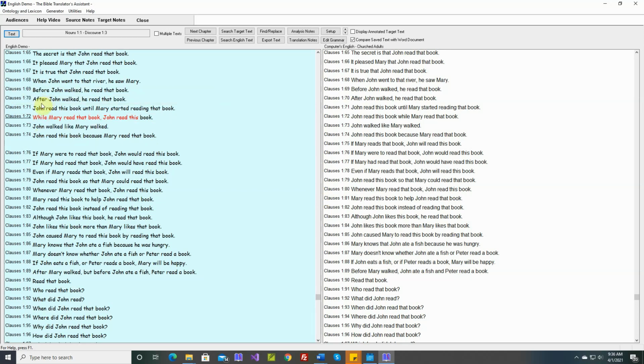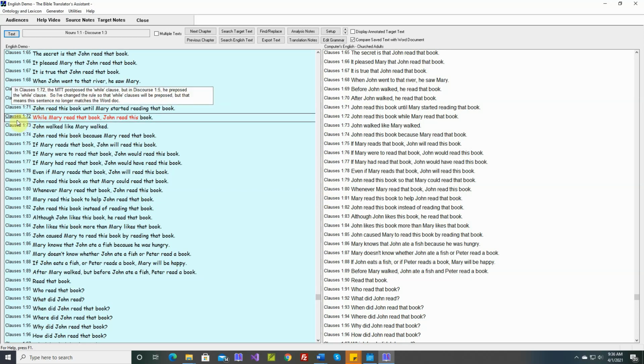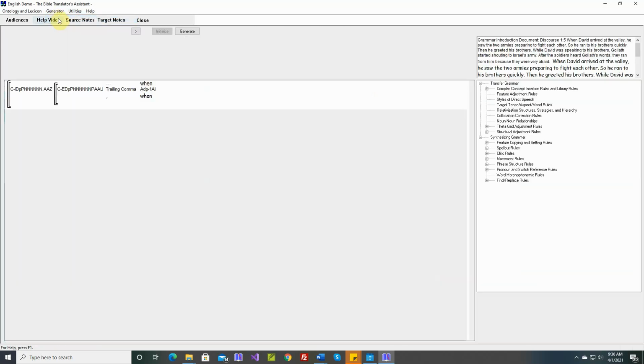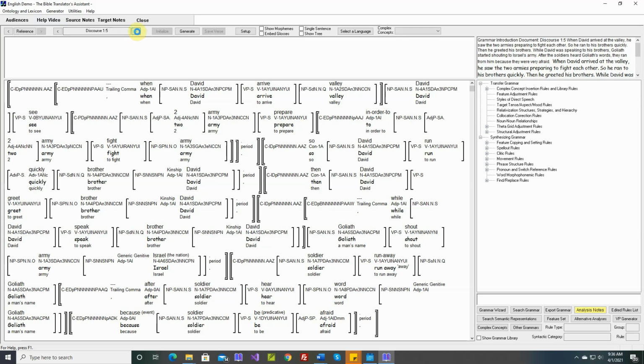So now we see that this reference is underlined, meaning there's a comment, and when we rest our cursor here, there's a pop-up with our comment. So that's all we need for Discourse 1.5, and now we're ready to work on Discourse 1.6.